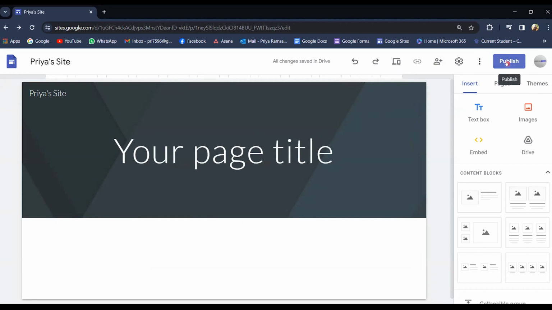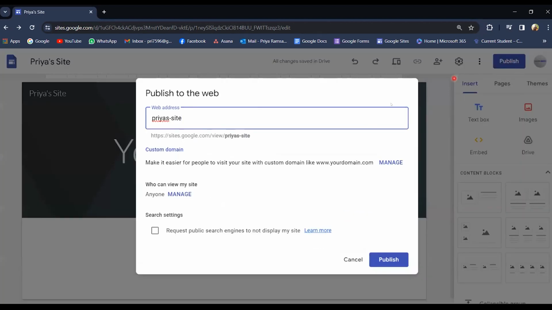Once you have started creating your website, or once you have finished creating your website, totally up to you, you can click this publish button. So I would click on it. And you would see that it has the name that you named your website. Sometimes we send a link to you. This is going to be a link that you can use to share your website with other persons. So from here, what you're going to do is click publish. You could even rename this option here